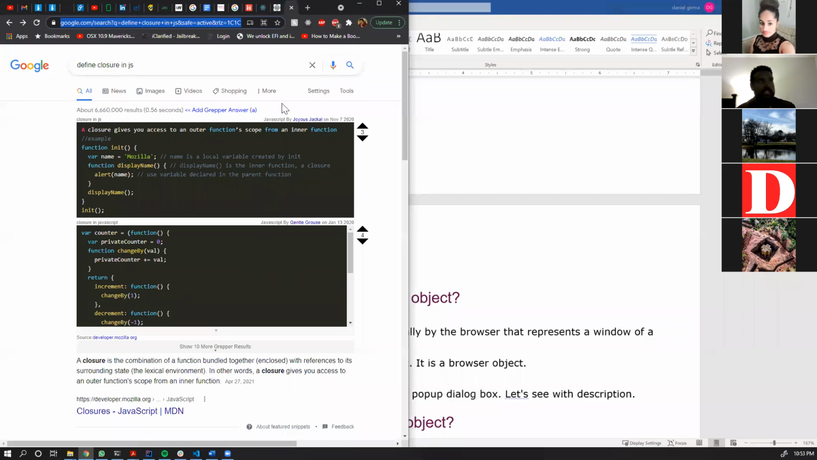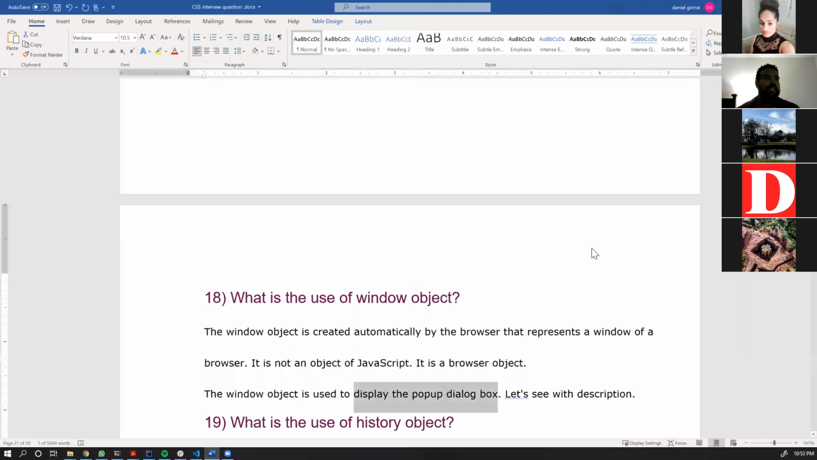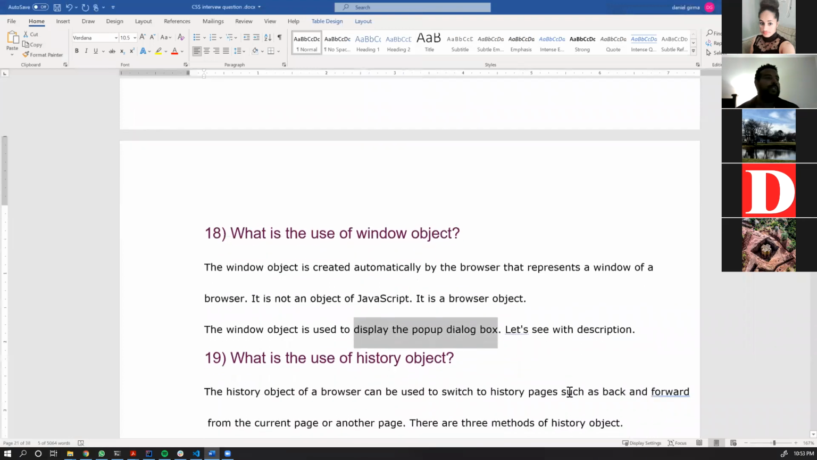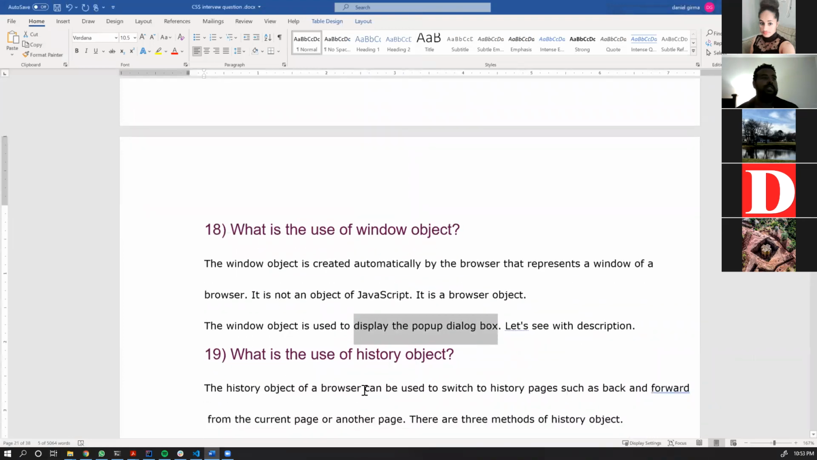Okay, so the history object of a browser can